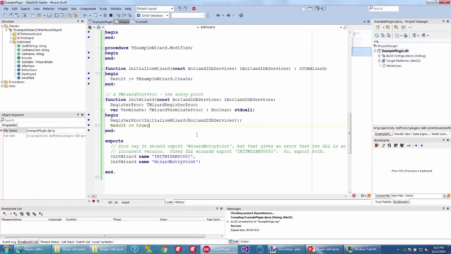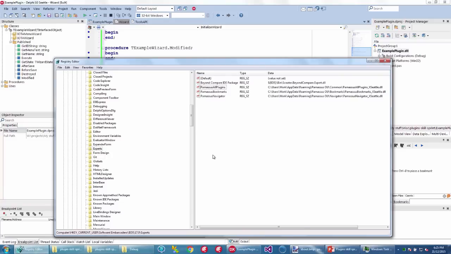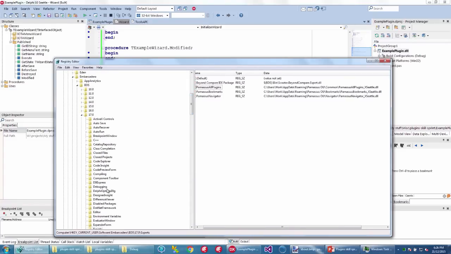Okay, that's better, building without any warnings or errors. In order to actually load the plugin, it has to be registered in the registry. So let's find where this DLL is built. We can copy the path. And in the registry, you need to be in the BDS, your version, and experts